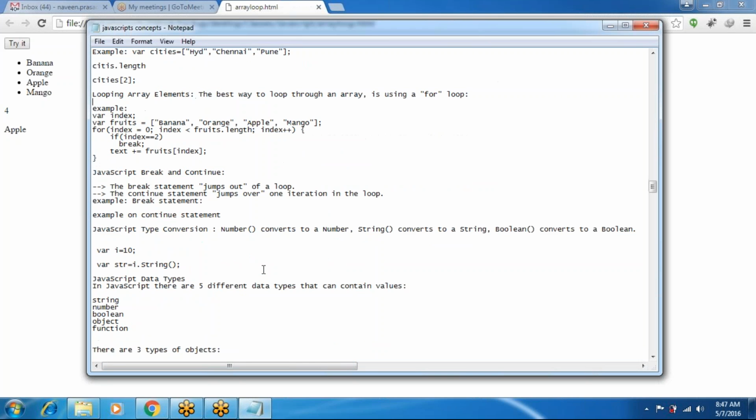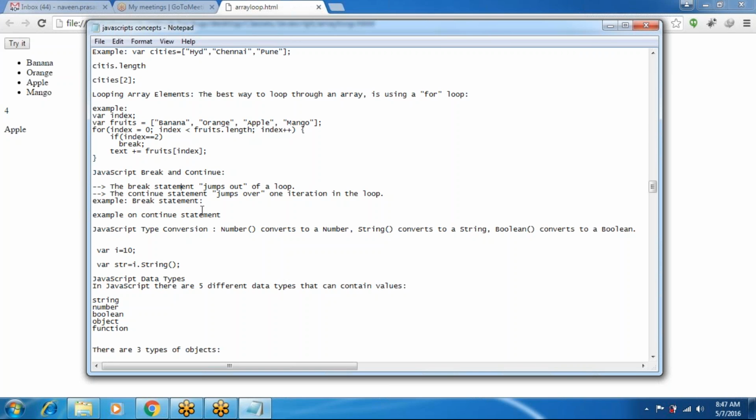And next, JavaScript break and continue statements. We can break out of a statement and jump to another statement using the break statement, and with the continue statement we can continue from any statement.